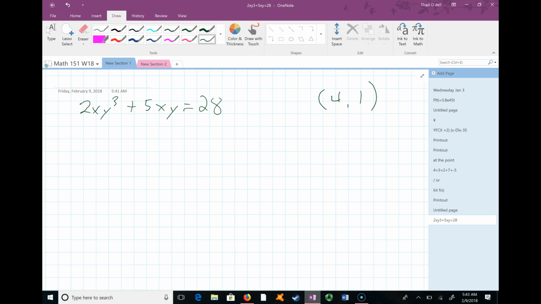So once again, the idea is to take the derivative of both sides of this equation, because we don't want to try to get the y by itself, and then just take the derivative explicitly. So if we take the derivative of both sides,